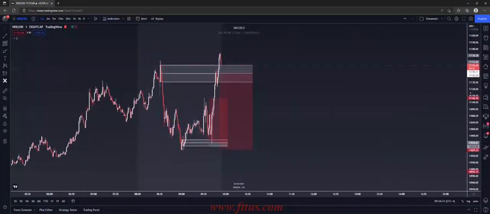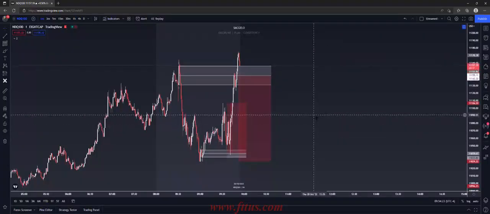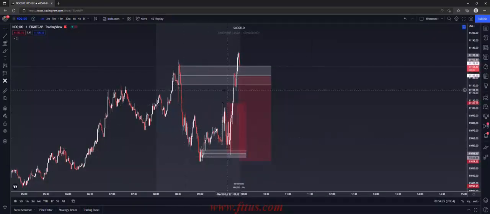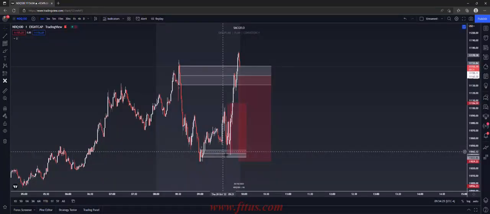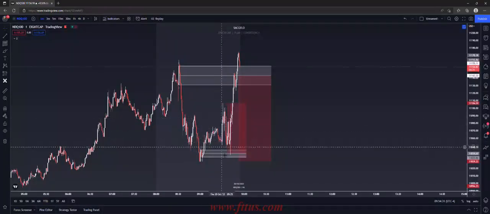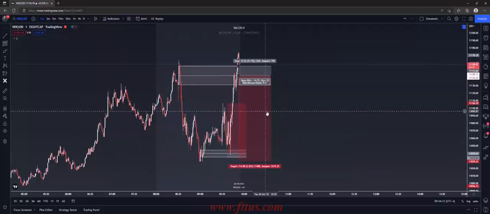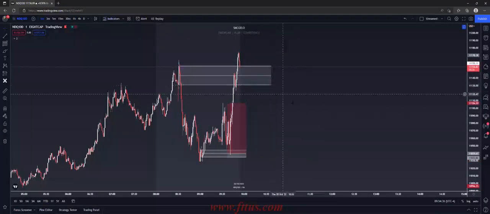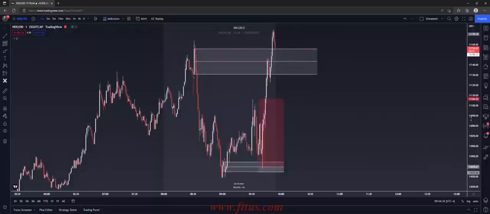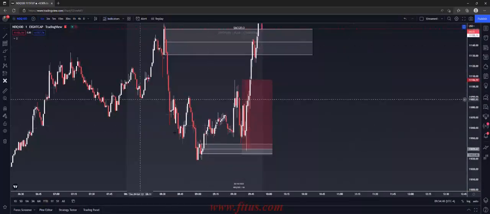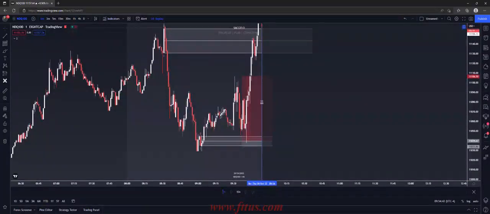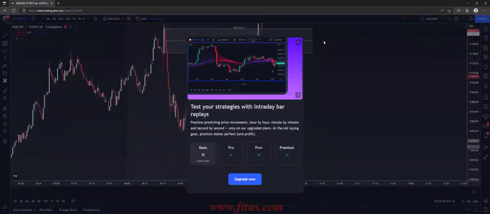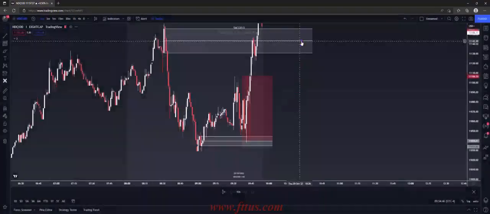Let's get into it. So starting off, we're just gonna break down Nasdaq really quick. So this was 9:30 right here, right? This big candle right here, 9:30 was the open. Let me just delete this. So when I came to the market this morning, can I replay? Let me see. Okay, I gotta renew this. Anyways,